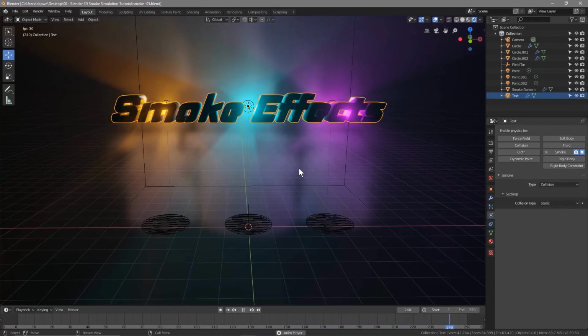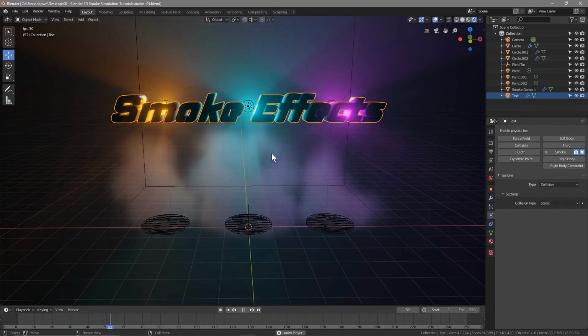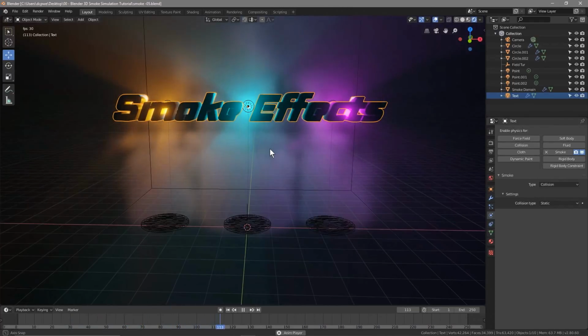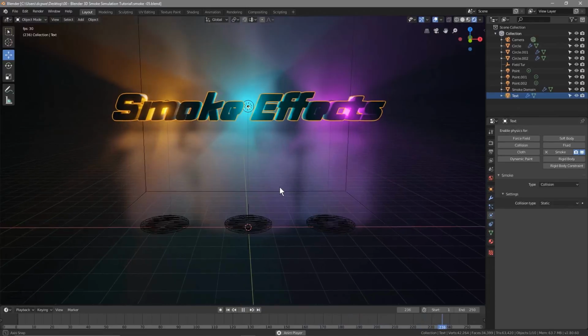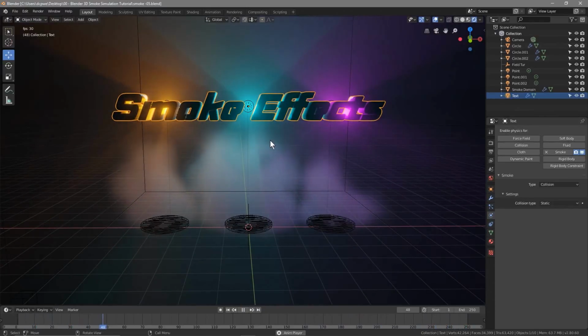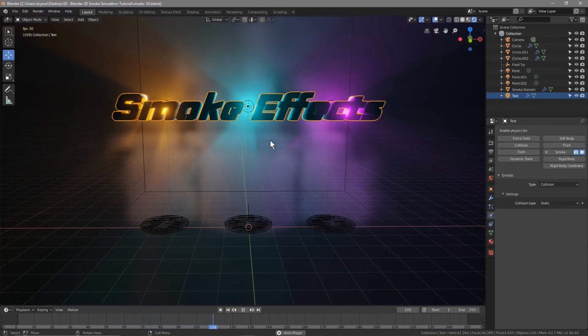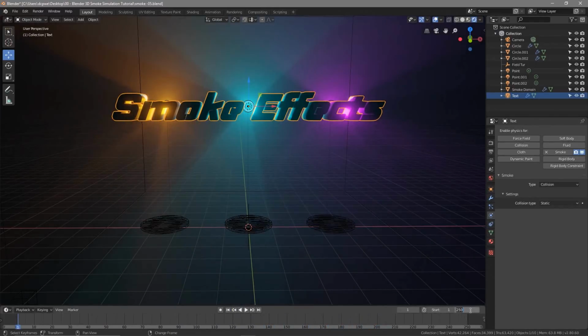Now we want to, really we should do the camera animation. I think that will be a wise move. So let's do that first, and then we'll sort out the settings for the smoke to bake it as a high resolution. It's worth doing the camera work now because it's at such a low res, we can work with it quite easily. So I think what we'll do is we'll set this to,